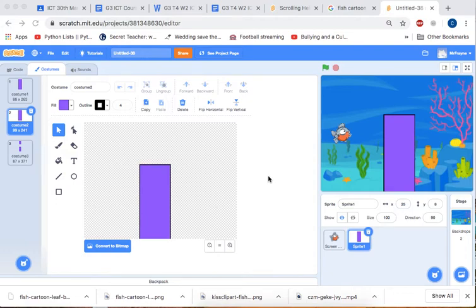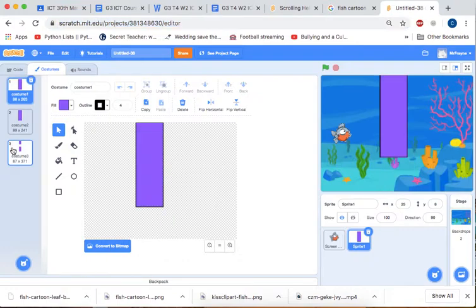Now that I've got my sprites and background, I need to make the programs. In this video, I'm going to explain how to make the program for your sprites, but only for the obstacle, not for the fish. I'll explain how to do the fish program or the bird program a bit later. So when we've got the obstacles made, and you can see I've got 3,